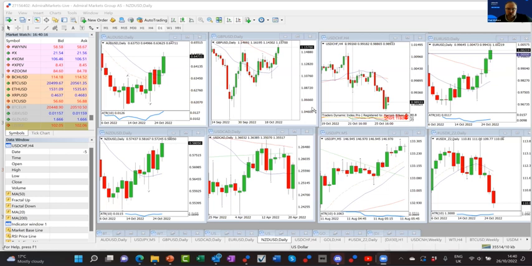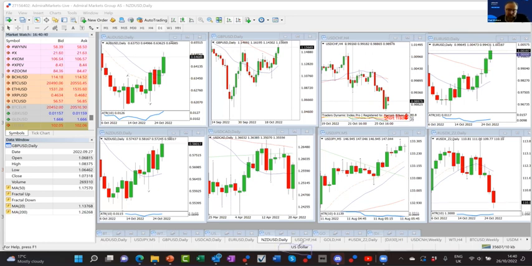Okay, I'm hoping you can still see me, hear me, and see the Admirals platform here. This week we've got MT4, but in other weeks we'll use MT5, and I'll show you the differences between them. This is a profile that I have set up here, just for the US dollar. I talked about in session 1 setting up little profiles on your MetaTrader platforms like this, where you can have 8 charts and set it up for a particular currency, maybe for equities, maybe for indices, etc. It's enormously helpful because you can very quickly identify what's going on there.